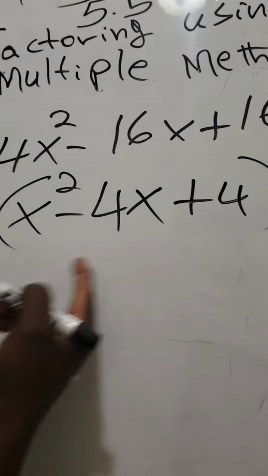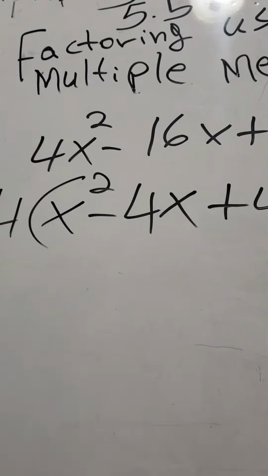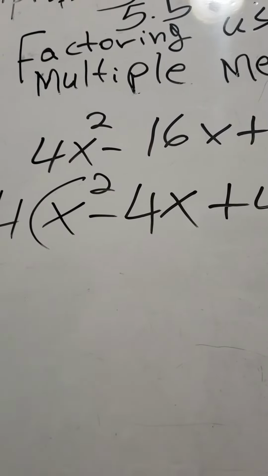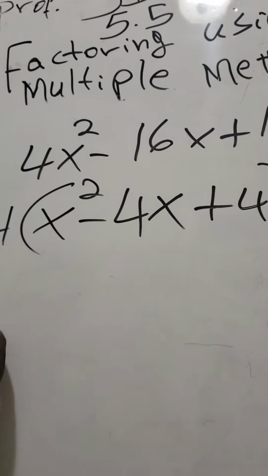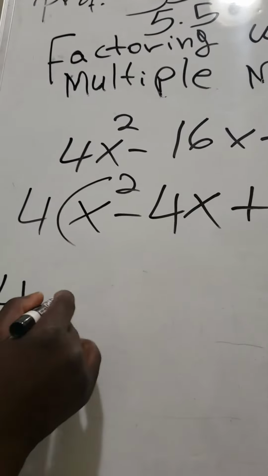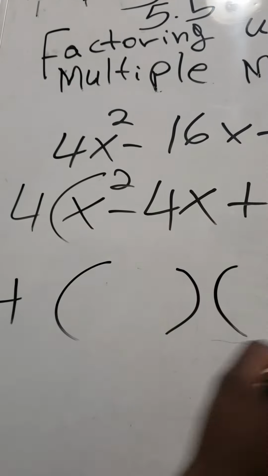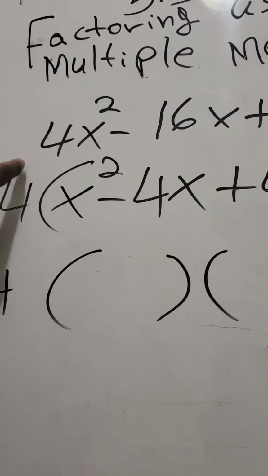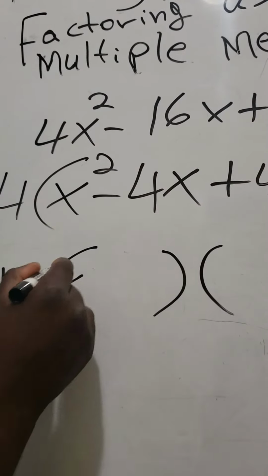So then the next step, again, multiple methods or multiple steps or multiple approaches, if you want to think of it that way. The next thing you have to do is ask, can you do anything else with it? Yeah, because now you end up having a trinomial. Then you create your two parentheses. Remember your GCF, which is 4, that you factored out in the beginning. You have to bring it down with you, and then to factor this, you're going to split your